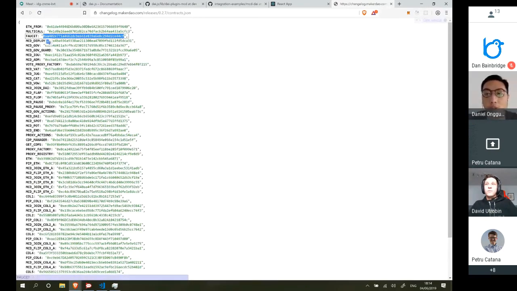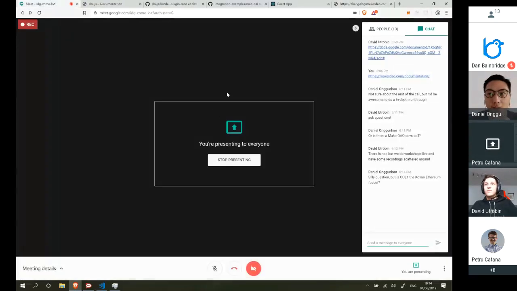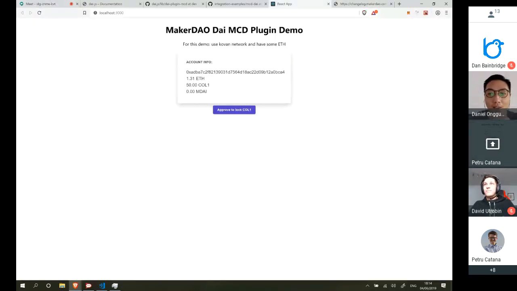Sorry, what is the call one and faucet? Maybe stepping back two steps. Sure. On these test networks, test chains like Kovan, you have Kovan ETH that you can interact with the smart contracts to play with. But in our case, we have a multi-collateral Dai system, and that requires that we have collateral